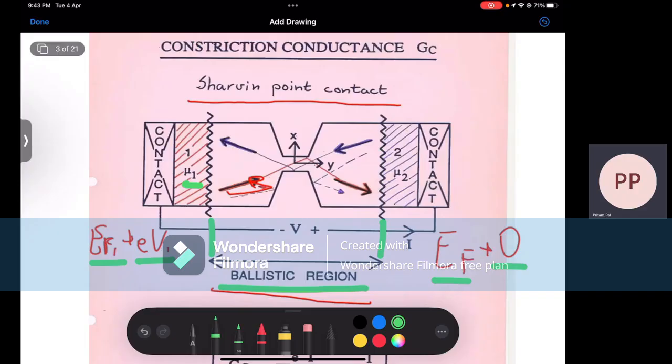Therefore you can see the red arrow here arrives